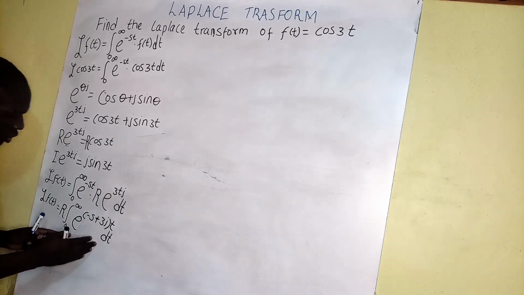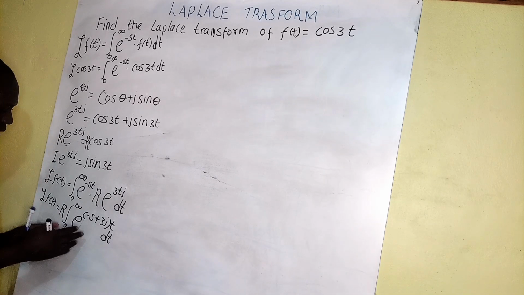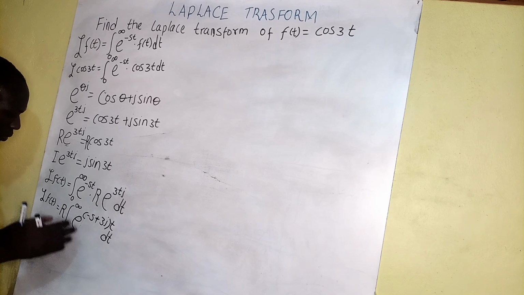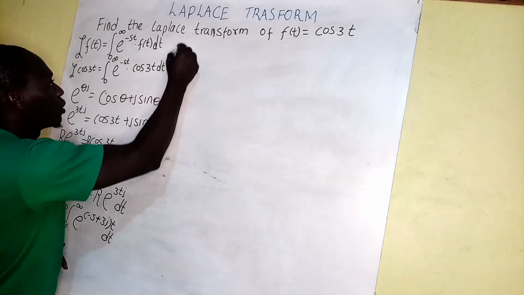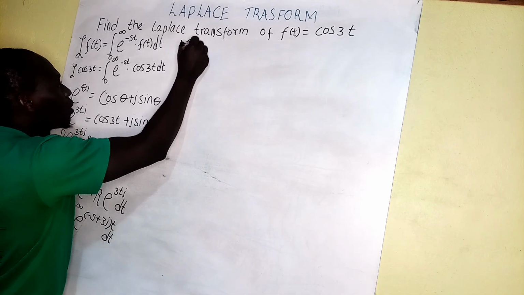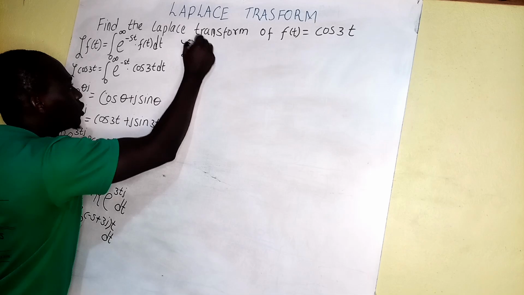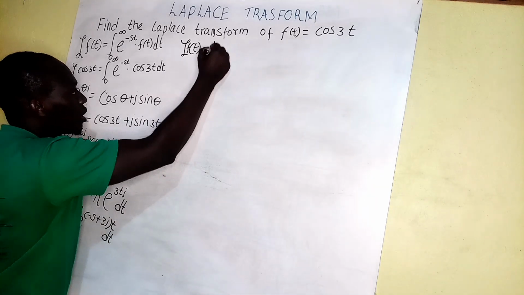Now from this point we can do the integration, and by doing the integration we are going to have the Laplace transform of our function f(t) equal to, when we integrate whatever we are having there,